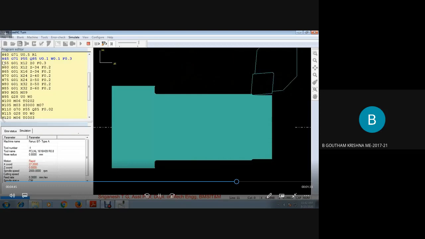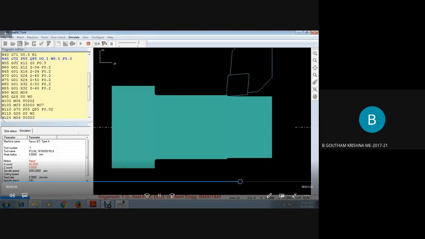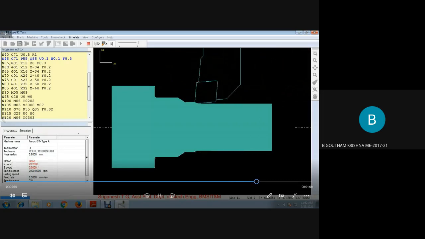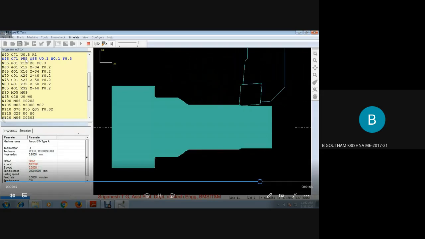Only thing is, instead of 45 here, it is given as 55. It is just the sequence after what it follows. It doesn't affect you in any way until and unless your program is properly written. Only thing you have to see is that you have written the proper sequence number in the rough cycle. Suppose you give 50 here and your sequence number is 55, then it will affect. Even though a sequence number is missing here, the same sequence number is written in the syntax, so it goes on properly.